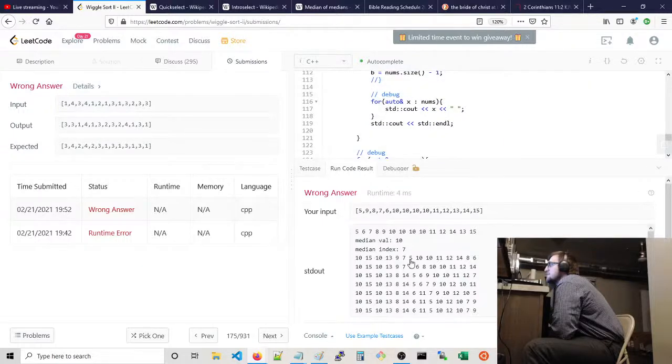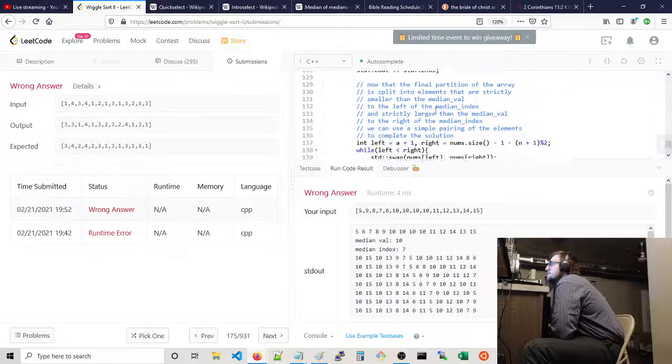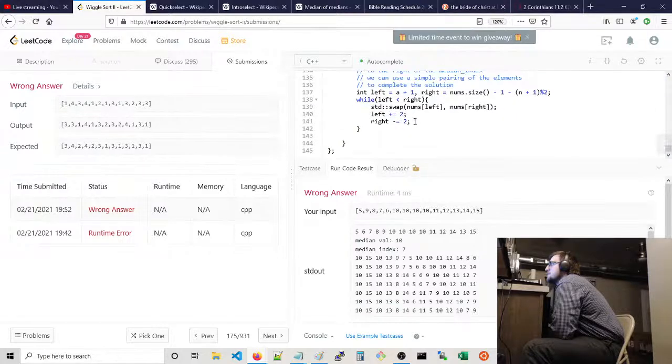So we do all our swaps, print it, we partition now, and I think it's 10 again: 0, 1, 2, 3, 4, 5, 6, 7, 8, 9. So it's 10 elements, should be the fifth one: 0, 1, 2, 3, 4, 5. And now we should exit here and end up down here, and A should be